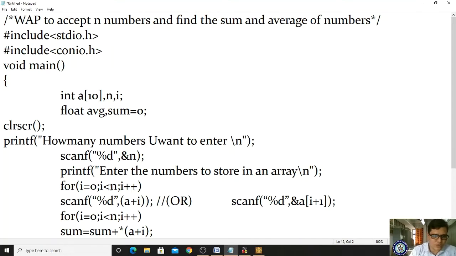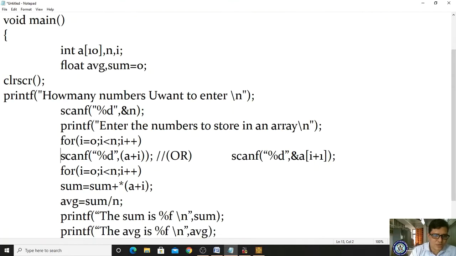For i is equal to 0, i less than n, i plus plus, I am writing scanf %d a plus i. Here we are not using the ampersand, because a plus i is already an address, so whatever value we read from the keyboard we store here. It will work. If it does not work, we have to use this syntax: scanf %d ampersand a of i, plus 1 for the next element.